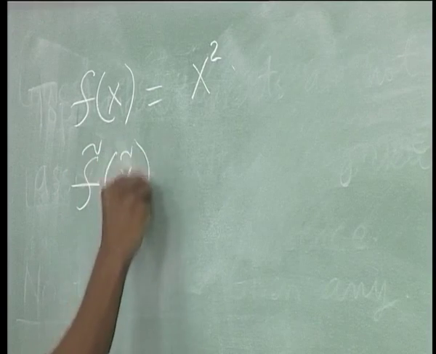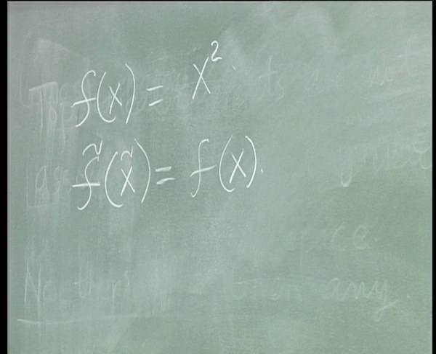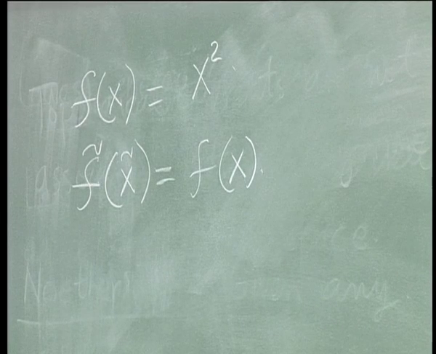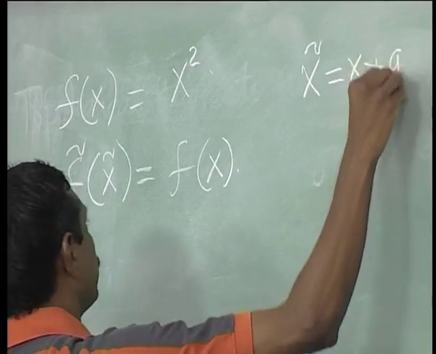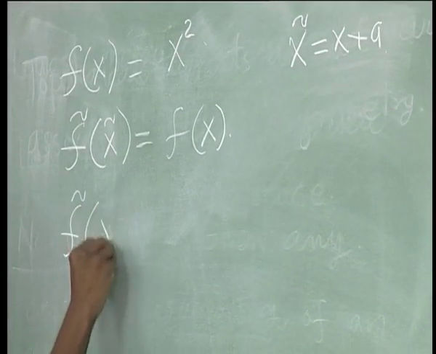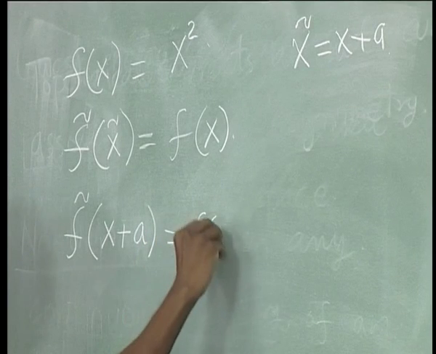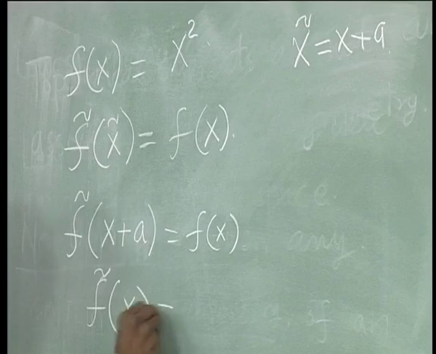Saying that this is equal to f of x, what does that mean for this function f tilde? You go back and plug this in, which says that f tilde of x plus a is equal to f of x, or equivalently f tilde of x is equal to